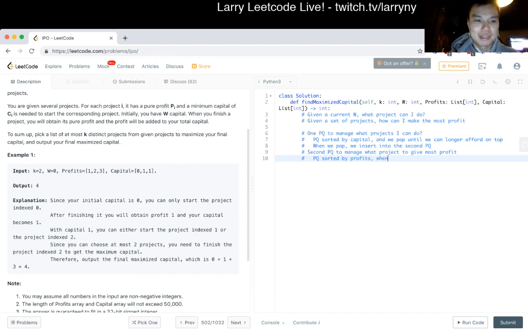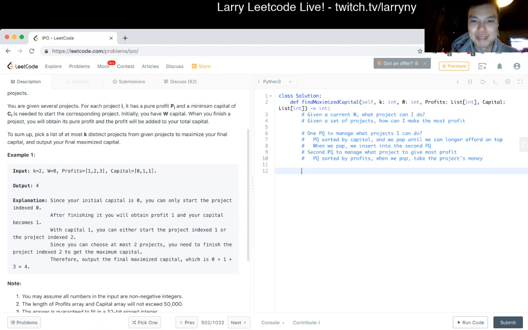When we pop, yeah, we just take the project's money, right? Take the project's money. I think that's roughly how I would do it. Yeah, okay. I mean, I think this should be relatively straightforward if we have a good priority queue, and a priority queue is just a heap in most languages.